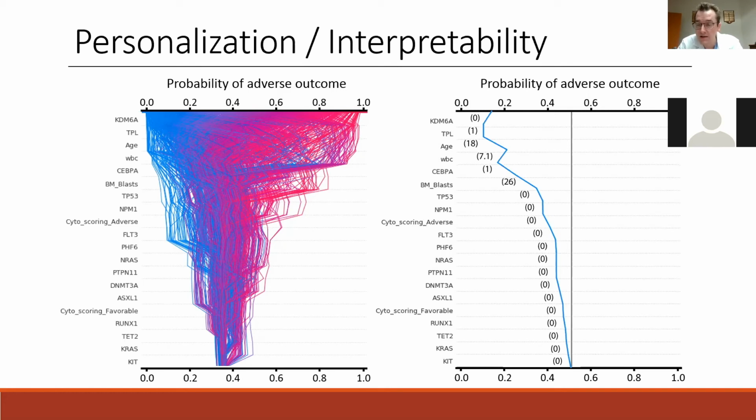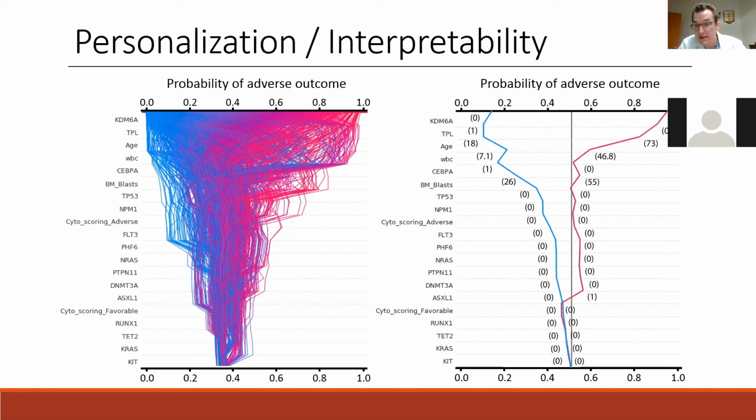26% is not that high. It's qualifying as AML at the 20% cutoff, but it's not so high. So it's favorable that it's not too high. So it takes a left turn towards a good outcome. And then you get to the white blood cell, 7.1, so-so. Then you get to the age of 18. That's a great prognostic indicator. It goes even more to the left. So you can see why a patient has a favorable outcome.